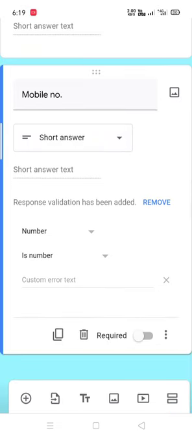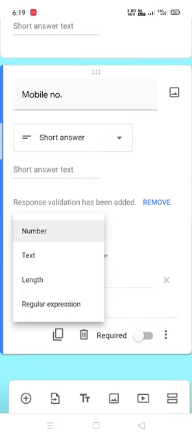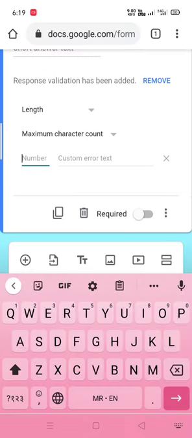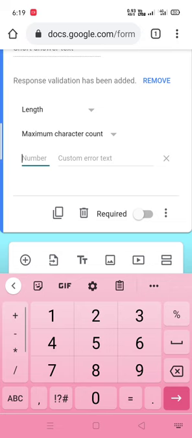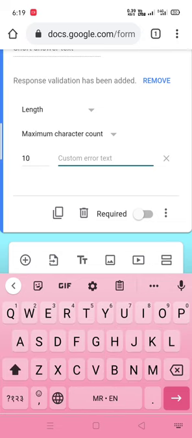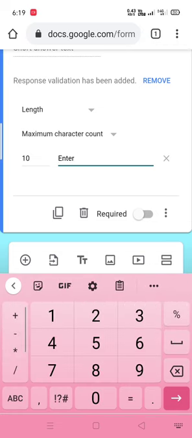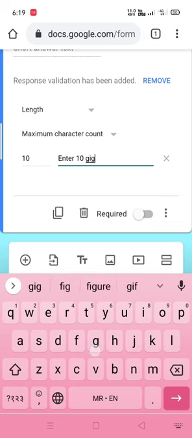Now for the number, the length. Obviously for a mobile number, the length is 10 digits. So write here 10. Now if the number is wrong, less than 10 or more than 10, then a message will appear on the screen: enter 10-digit mobile number.